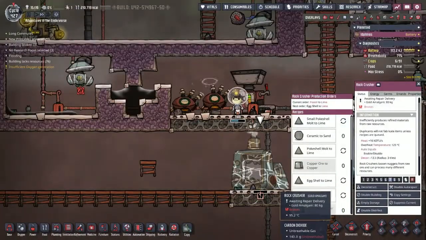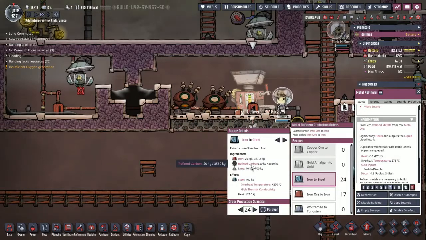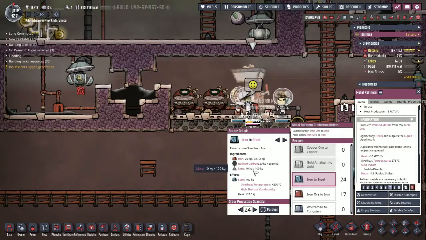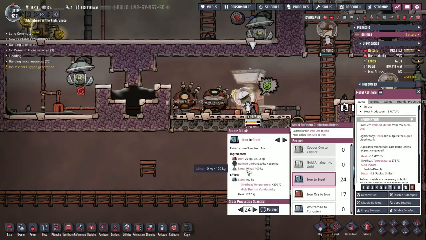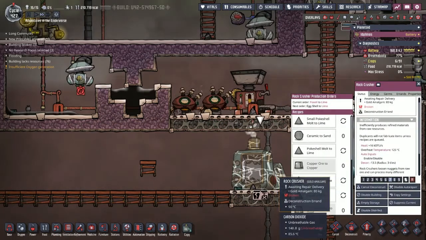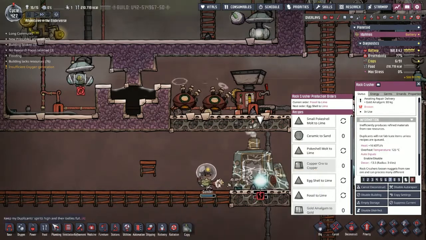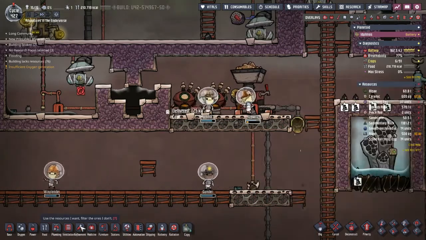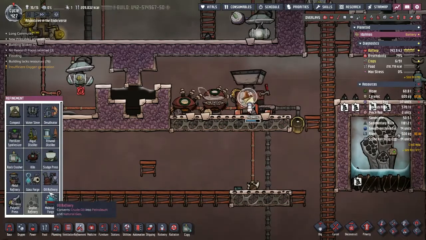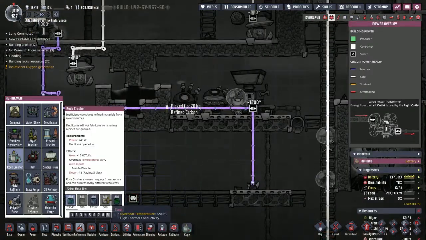Oh, so the rock crusher has broken. I have enough lime to do 10 runs, and I have enough carbon. The carbon comes from up here, that's fine. So let's deconstruct this. A lot of times when things overheat and break, it's easier to just deconstruct them and rebuild them, because otherwise when you use the repair material, it ends up retaining the heat and then just breaking again. So if you have buildings that keep breaking, just...